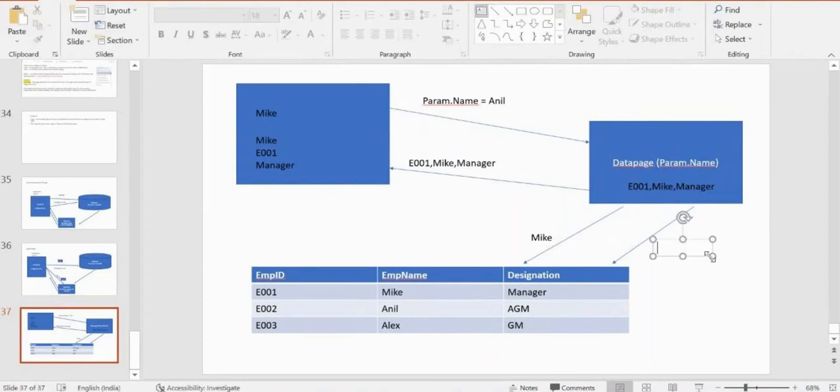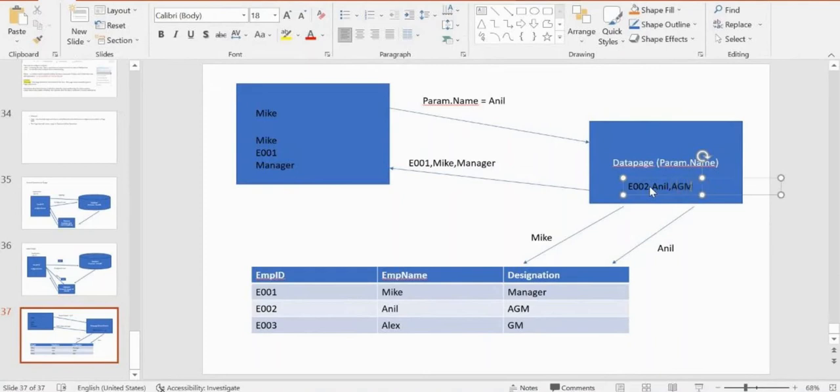But now it is calling Anil's data, so the data will go off and Anil's data will come into the picture. This is the second time, so now this one would be Anil's data.